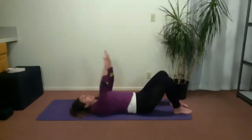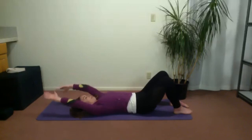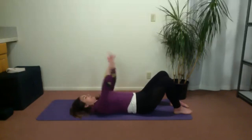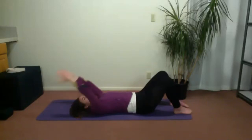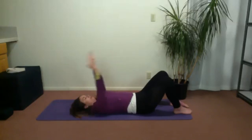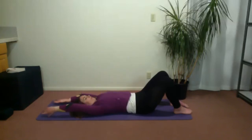You could engage the back side of your body by gently pressing your feet to the floor and pulling your heels towards your bottom. And that will just turn on those hip extensors a little bit. One more here. Back to neutral, and then flip your hands opposite up and opposite away from you. And then take it over. And then back up. One more,